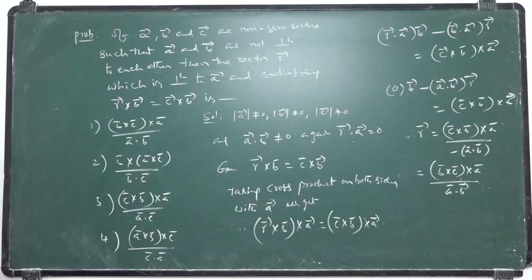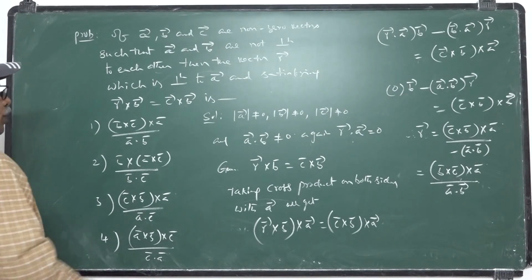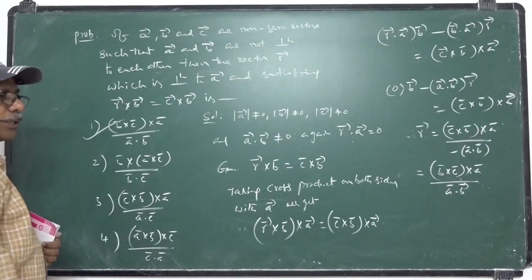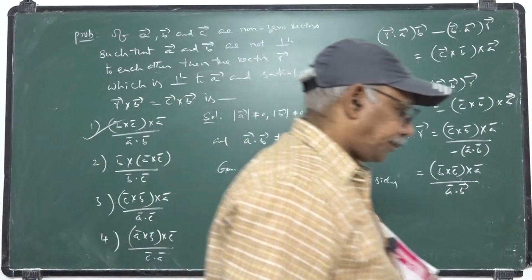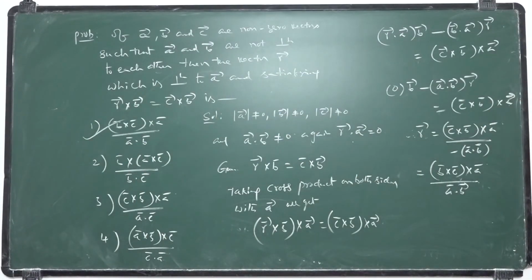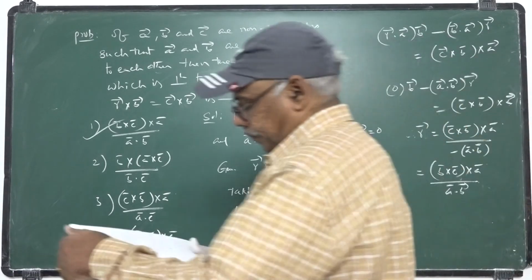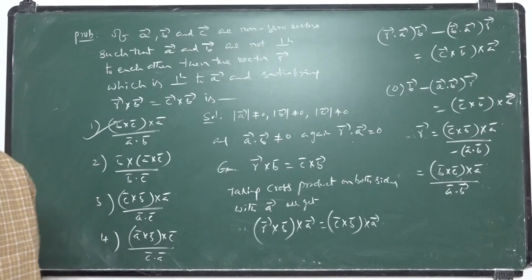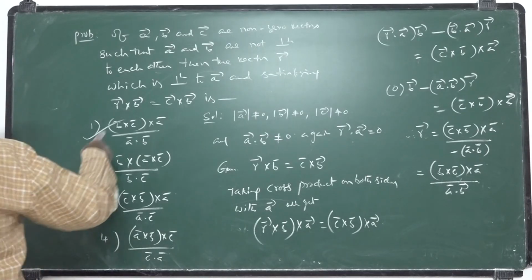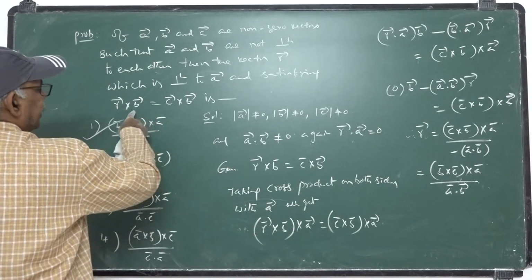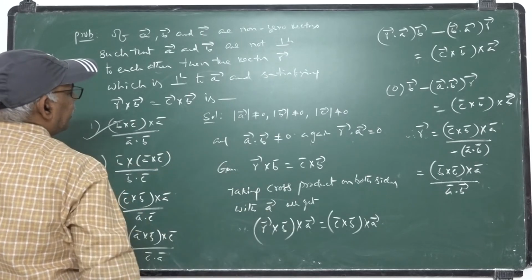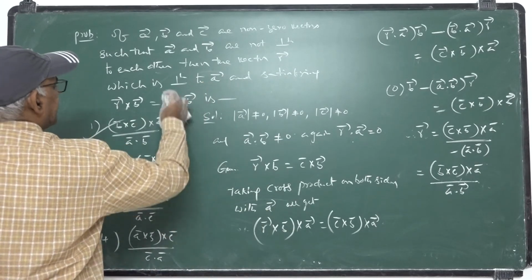Taking that minus to the numerator, we get minus C cross B, which may be written as B cross C. So hence the required vector R bar is B cross C cross A by A dot B. So the first one is the right option. This is also one solving of vector relations. You can solve R bar by using this vector relations.